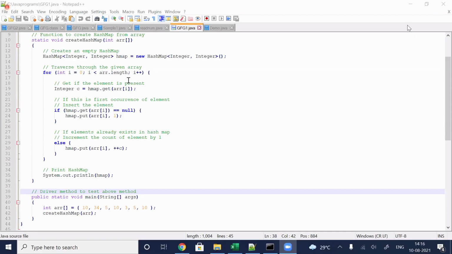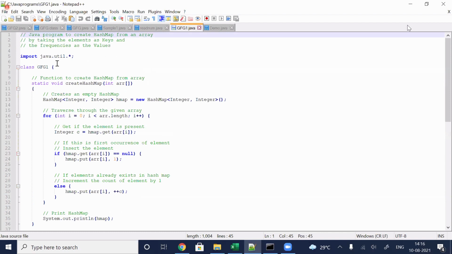Earlier we created the hash table. For that, first java util is imported, and in that hash table we simply stored integer and string pairs. That's why we gave the class name as hash table. But now we are mapping whether this element is mapped with any other element in the array.